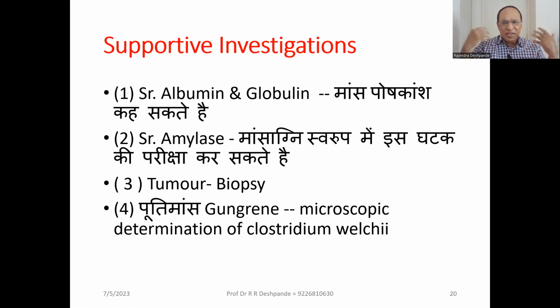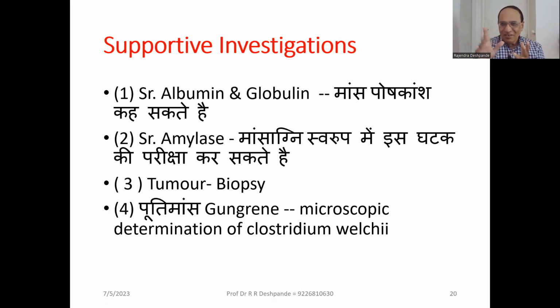Now, after this clinical examination, you can do some investigations which can give some clue for your diagnosis. If you do the serum albumin and globulin, these two can be considered as Mamsa poshakamsha, the nourishing part of Mamsa. Albumin and globulin being all right means Mamsa Dhatu will be all right, the nourishment will be all right. Serum amylase, as Mamsagni, this component can be tested, as many scholars opine. Serum amylase can indicate the level and the optimal condition of Mamsagni, because Ayurveda says there is Jatharagni,